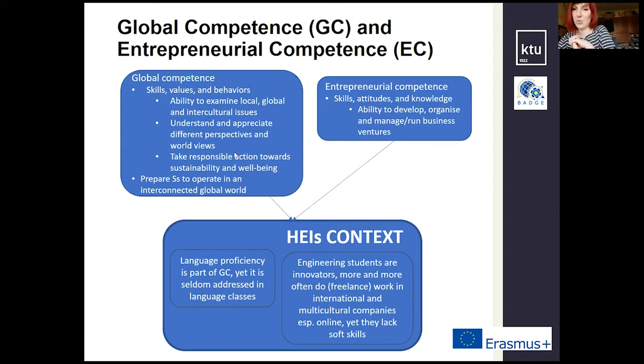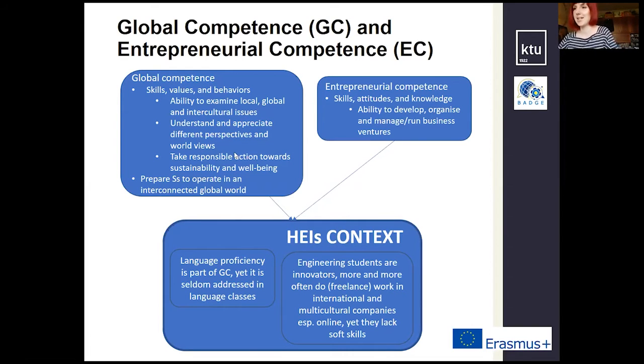Well, the idea was that if you look at global competences, it's important to be able to understand different kinds of levels of issues and problems. So starting from something close to your circle, going more local and moving towards global issues. So kind of imagining this onion of layers and possible problems, and then understanding different kinds of worldviews and different